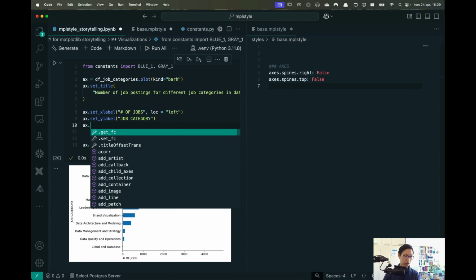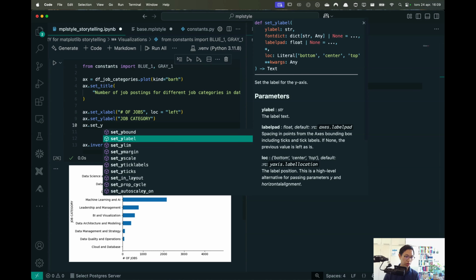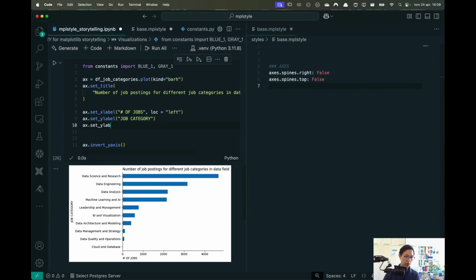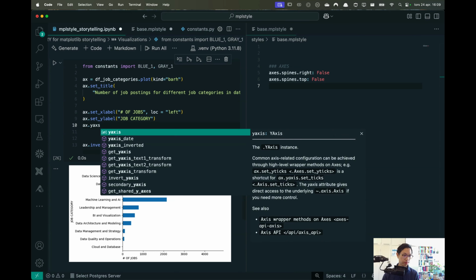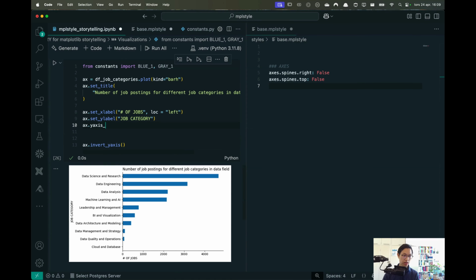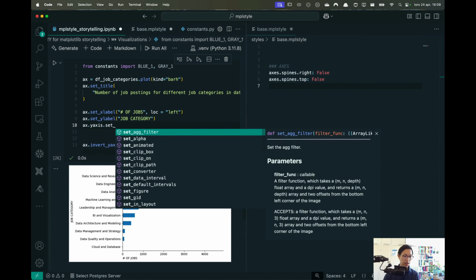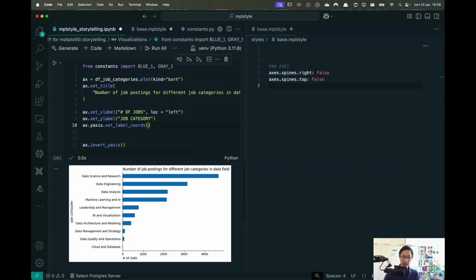So ax.set_ylabel. Y-label, let's see what it's called. It's called y-label, y-axis set label coords. ax.yaxis, let's see, yaxis dot set label coords. And here I want to place it up to the, so if I do